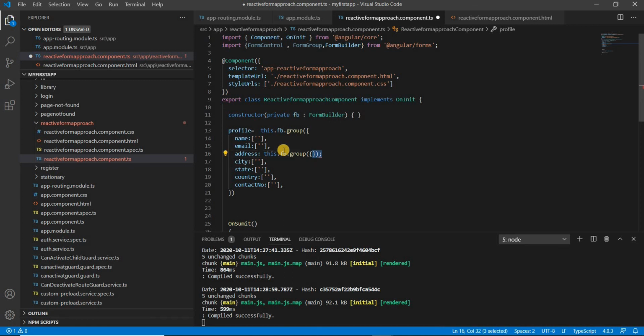So inside we can define all the controls that we have in our address model.